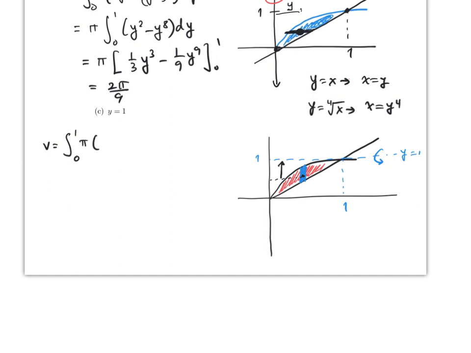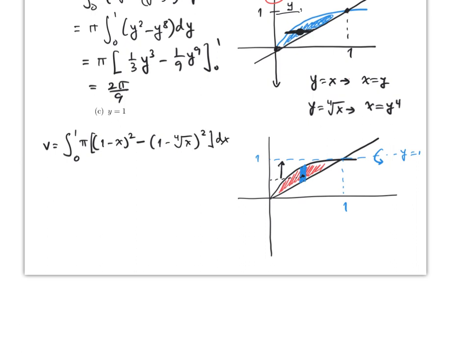But now, since you are rotating right here on this line, the distance between the partition and the axis of rotation is going to be 1 minus x, and you have to square the whole thing, and then minus, this is now the smaller function. So if you are rotating here, this is the bigger function and this is the smaller function. So then this will be 1 minus the 4th root of x, squared